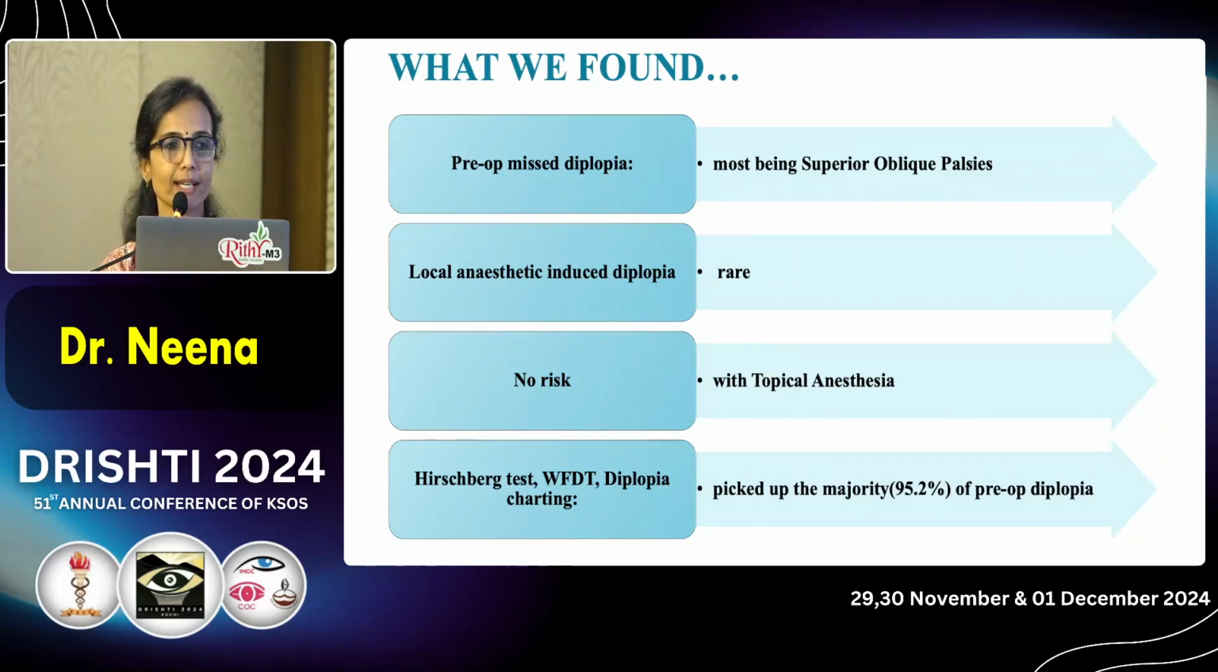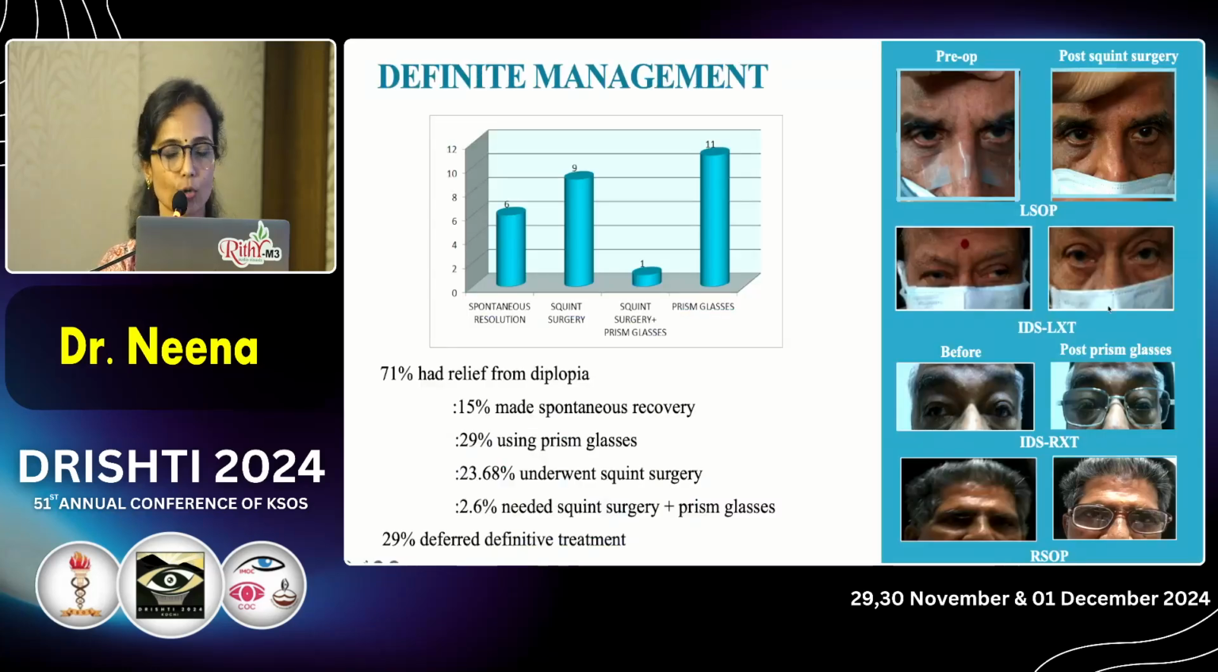And what we found was that a simple binocular vision assessment, including Worth four-dot test, stereopsis, Hirschberg tests, in most of the cases picked up the pre-existing double vision. And if you are suspicious, do a diplopia charting, and that would pick up the majority of the preoperative diplopia, about 95.2%. And also, what do we do for these patients? If at all you have a post-op diplopia, you could manage them with prisms or orthoptic exercises depending on the condition,